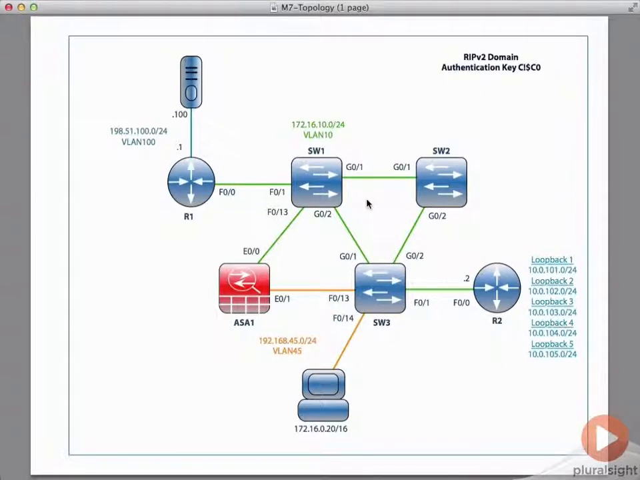Now, the switches that you see in this topology are not entirely relevant. What we have here is essentially R1 connects to the ASA and to router 2 over VLAN 10. The ASA then has an inside interface, which is VLAN 45. R2 has a number of loopback addresses that will be advertised into the RIP domain. And then router 1 on its FastEthernet 0/1 is VLAN 100, and that's where we see that server configured. So we've got a couple of different things here in the topology that we'll be able to ping between, but